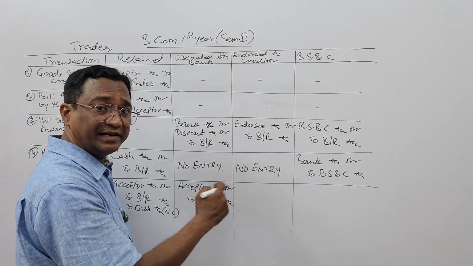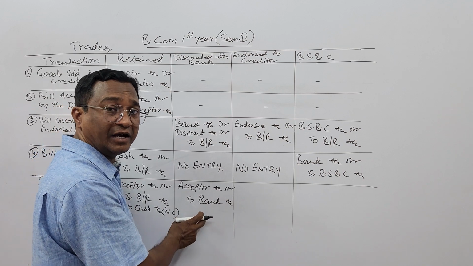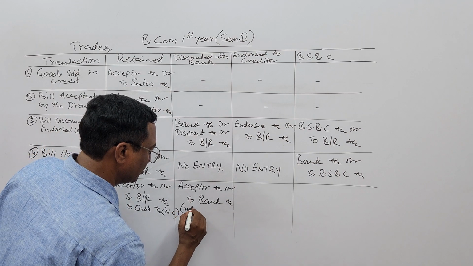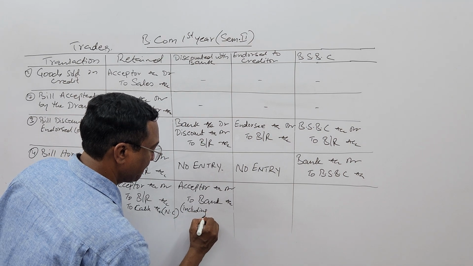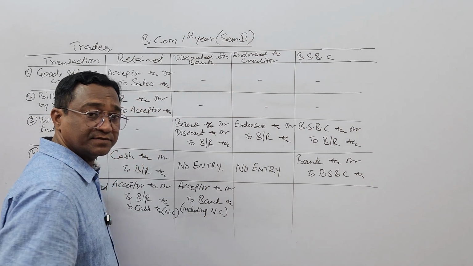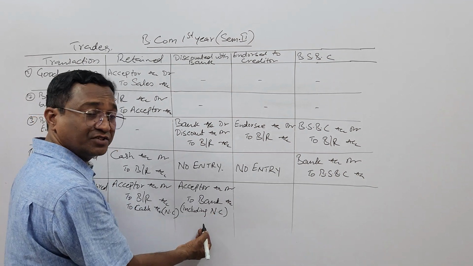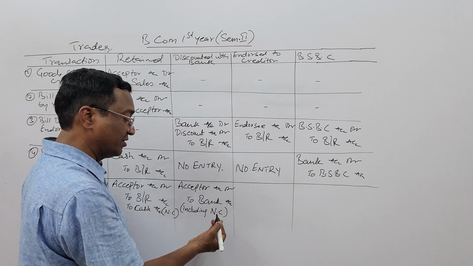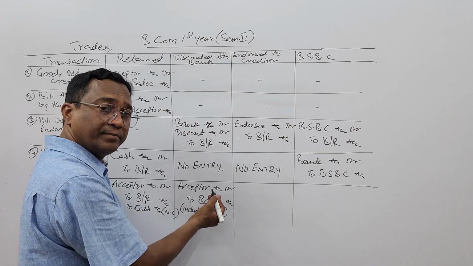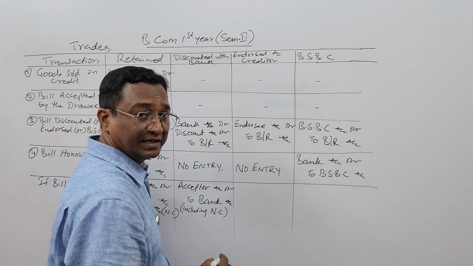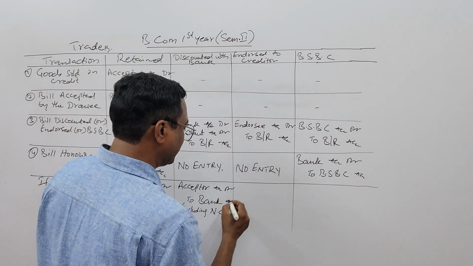So the bank will directly deduct the amount from our account, including noting charges. We will not write noting charges separately. In the earlier case we write them separately, but in this case we will not write anything; it is directly paid including noting charges. In case the bill is endorsed with a creditor,